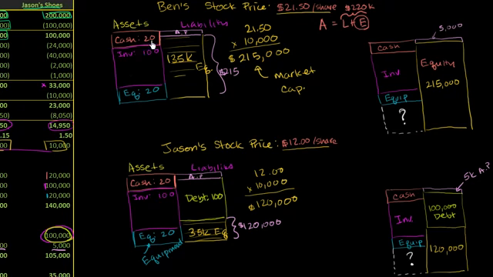$140,000. $20,000 of cash, $100,000 of inventory, $20,000. This isn't equity, this is equipment, I should call it. This is equipment. $20,000 of equipment. So the question is, what makes up the gap here when we think about the market value of the equity? Because remember, this piece right here only adds up to $140,000. But our total assets, or the market's perception of the total assets of the company, are essentially what it's